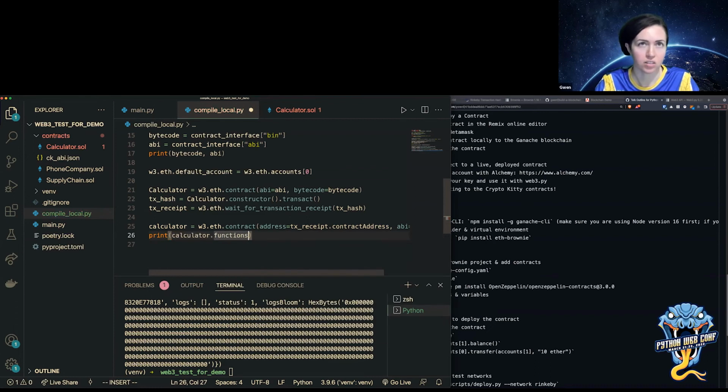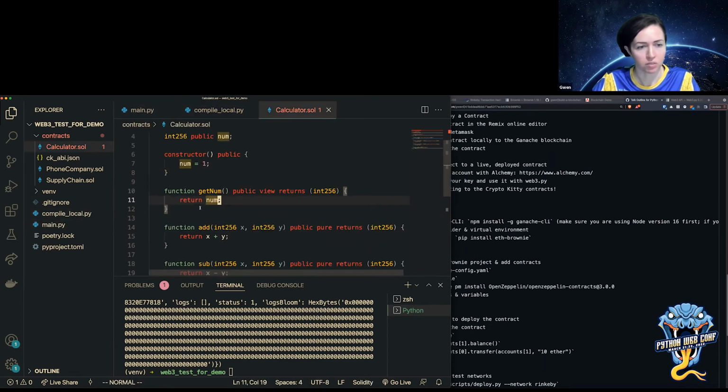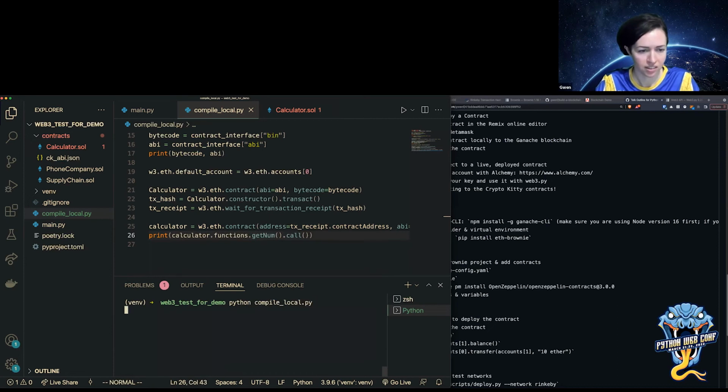I can say functions dot get num, and then I can use dot call. The get num function doesn't cost any gas because I'm just reading something from the blockchain. I'm not writing anything. So I can use dot call instead of transact here. So I'm going to do that.